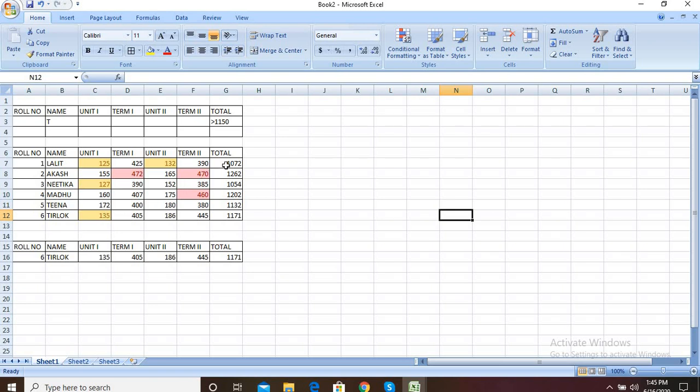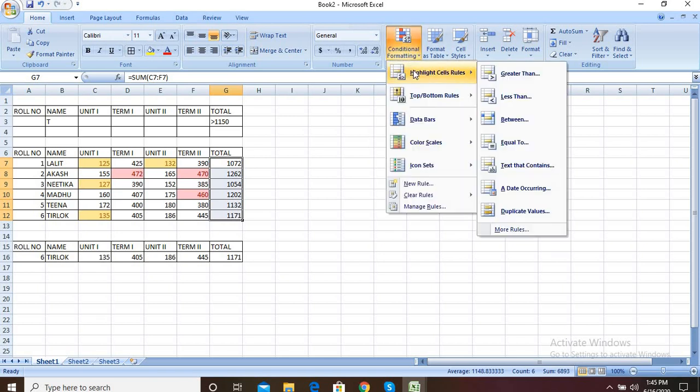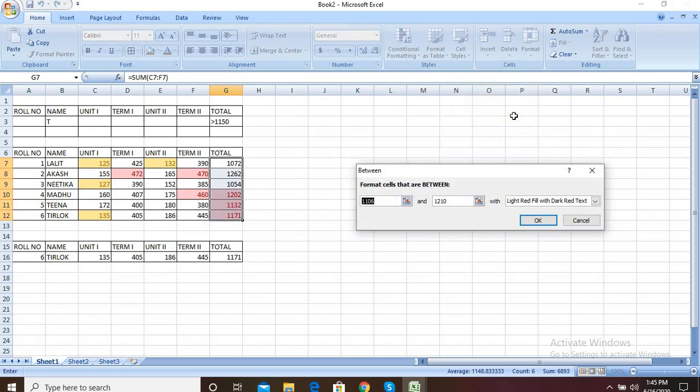Now we can apply the same rule for the total also. So select the total, go to the highlight rules, and in between. So in between, for example, the marks between 1150 to 1180.